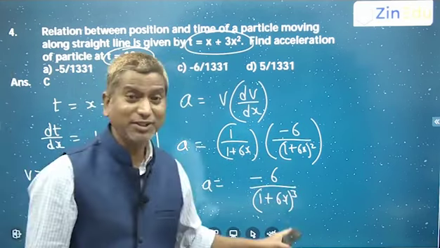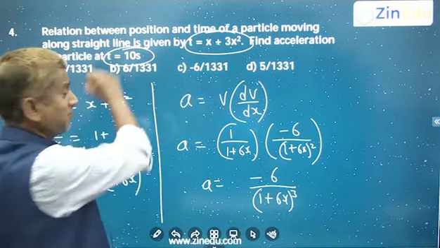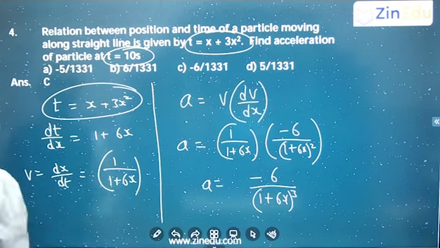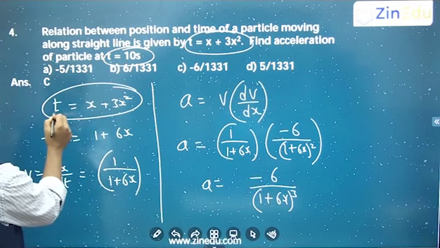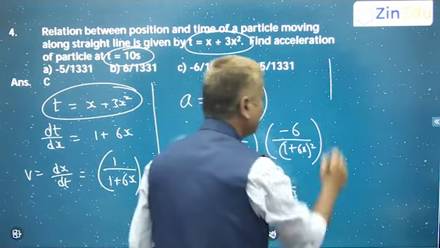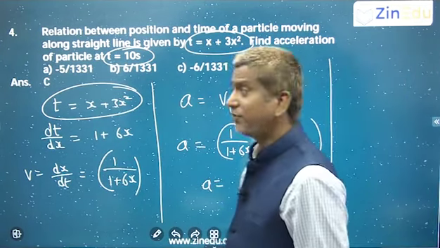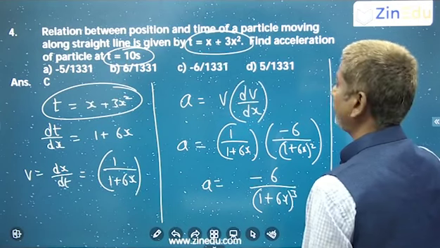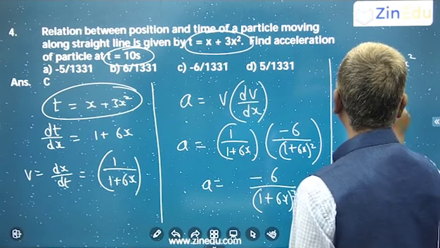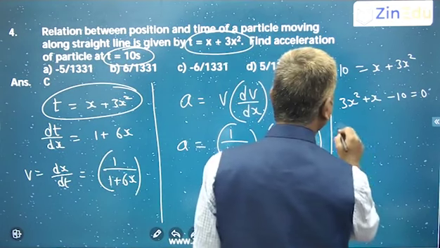Now you have acceleration as a function of displacement, but they are not asking for acceleration at a particular x value, but at a particular time. So what is the x value at 10 seconds? If you can find that, you can straight away substitute here and get the acceleration. So I'll take the initial function: t is 10 seconds, which is equal to x plus 3x square. So here you will get 3x square plus x minus 10 equals 0. So here the roots of this will be